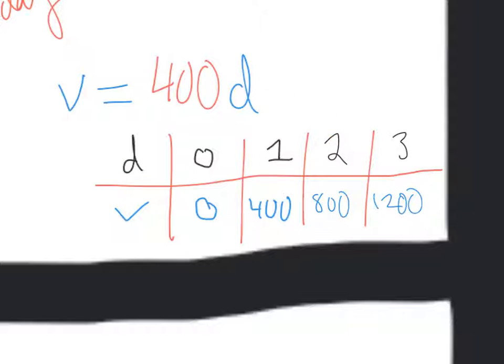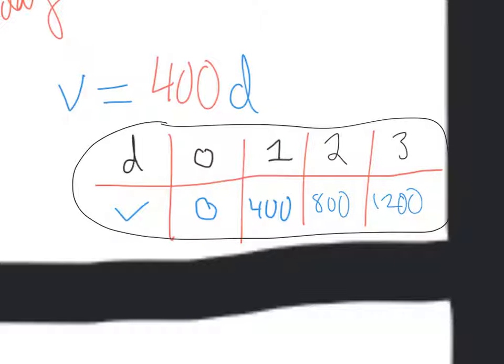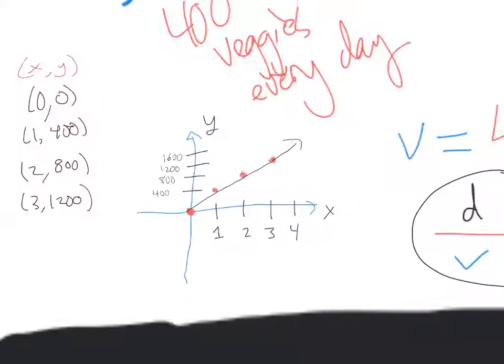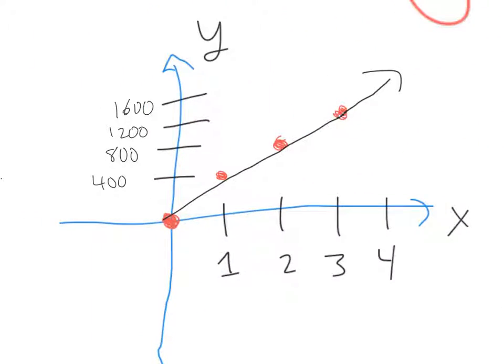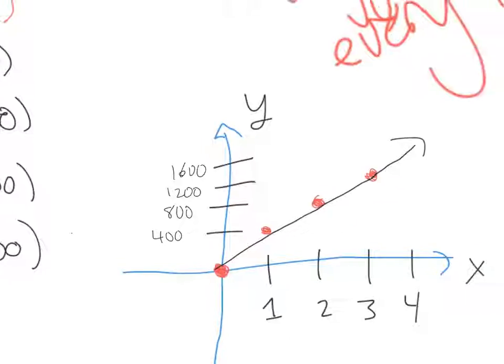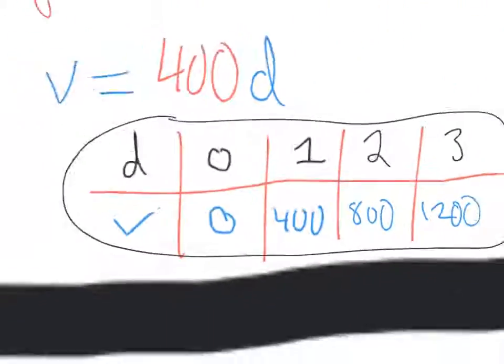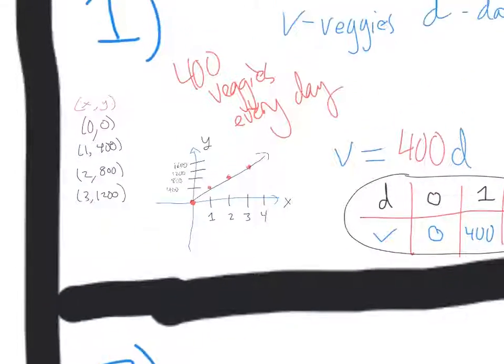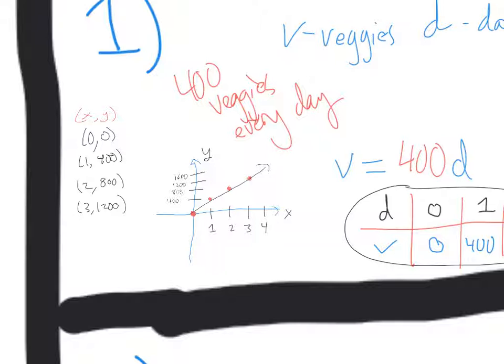You can go back and forth. Usually it becomes a matter of preference, what you like to do first. Do you like to write equations first or make tables? A lot of kids will say that the easiest is to make a table of values first. Then you've got your equation, and that last thing we did was we made a graph with our coordinates that came from the table. So everything just represents the same idea,